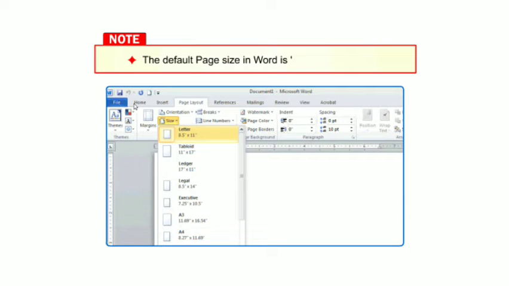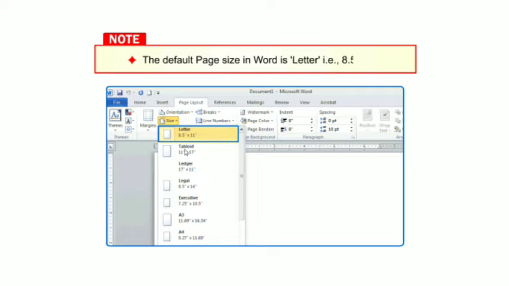Then the default page size in Word is letter, that is 8.5 by 11. This is the letter page size, and you can change the page size according to your choice.